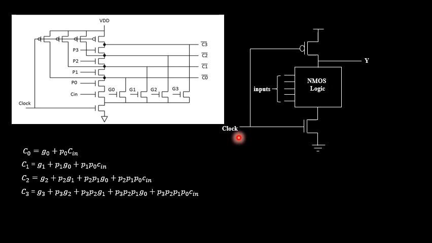If you assert the clock signal as logical 1 state, the NMOS transistor will get turned on and the PMOS transistor will get turned off, wherein it is going to depend upon your NMOS logic structure. If the NMOS logic structure behaves like a closed switch, then only the output will get discharged towards the ground terminal, or it will be equal to a logical 0 state. But if it behaves like an open switch, then it will not produce the output as logical 0 state. However, compared with the previous logic, this logical structure has much more benefit in terms of the number of transistors used, space requirement, as well as cost requirement.